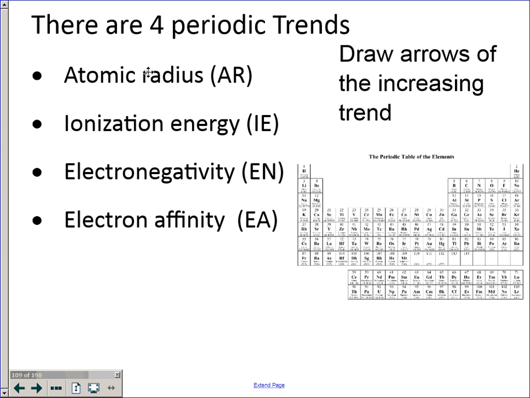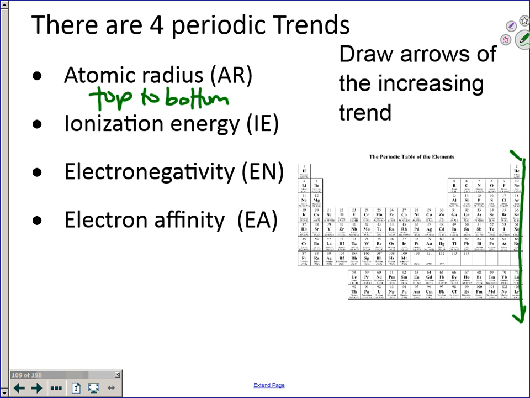Everybody tell me, how does atomic radius trend? Meaning, I want you to tell me how it increases on a period and on a group. From left to right. So it increases from left to right. Are you doing this from memory? Can you look at your notes? Look at your stuff you're going to say. Okay, so atomic radius does not increase from left to right. So it increases from top to bottom. Okay, it does increase from top to bottom,